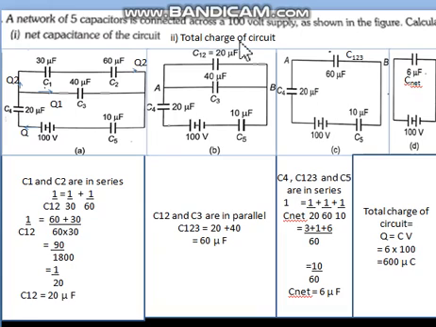Next step is total charge. So always total charge formula is Q equal to CV. That means total C into total V. Total C we have obtained 6 micro and V is 100. So finally 600 micro coulomb. Because we have solved now charge, micro is the prefix. We will let it remain as it is. And in place of farad, now we have to write the coulomb because now we have solved the charge. So this way we always simplify the circuits given for the capacitors.